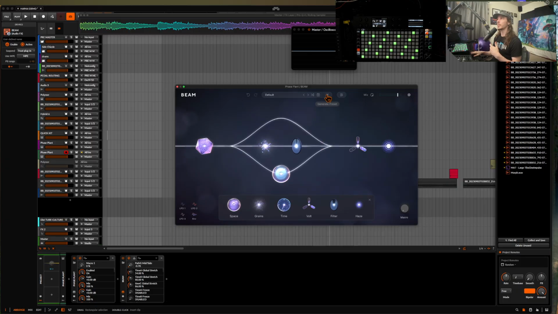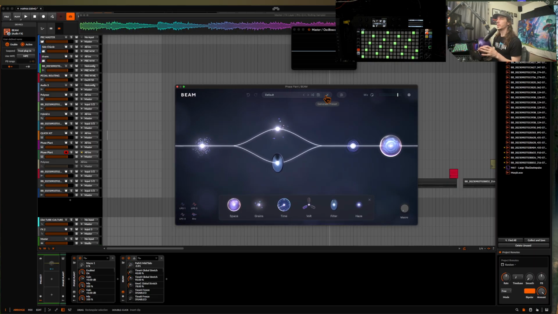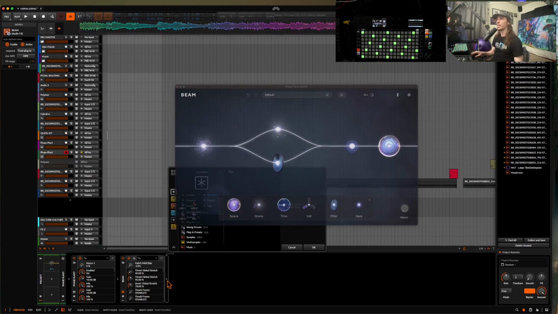But really, as of late, I just throw this into the magic wand, which will generate a completely random preset for you that's not saved within your library. There is an algorithm to it. I think it's based off of the source preset that you use, but as you continue to mangle it, it'll keep generating something new. So now this is going to sound completely different, but before I do that,